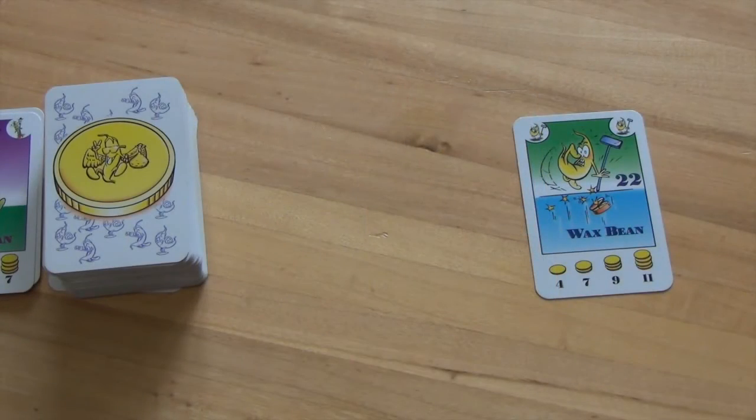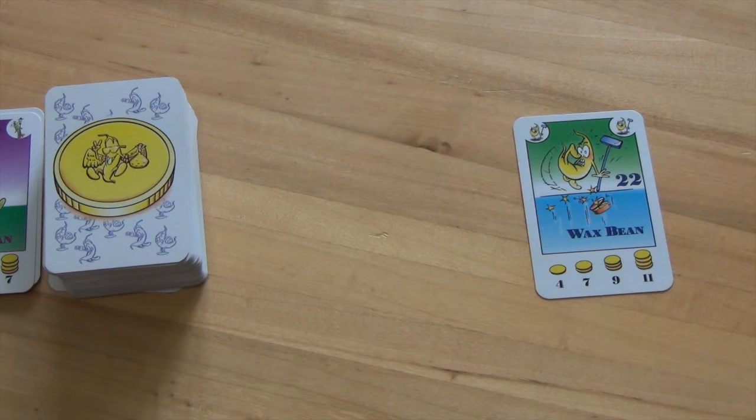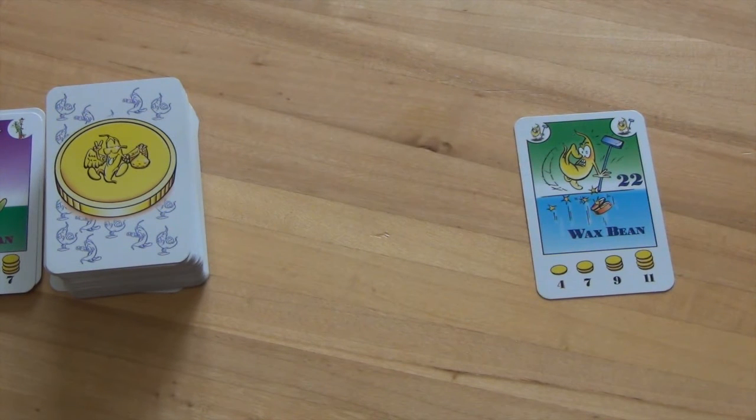If a player chooses not to take any of the piles of cards, they will leave them in the middle of the playing area. These are the cards that the next player may choose to plant or discard during Step 1 of their turn. When the active player has completed Step 3, they will move into the 4th and final